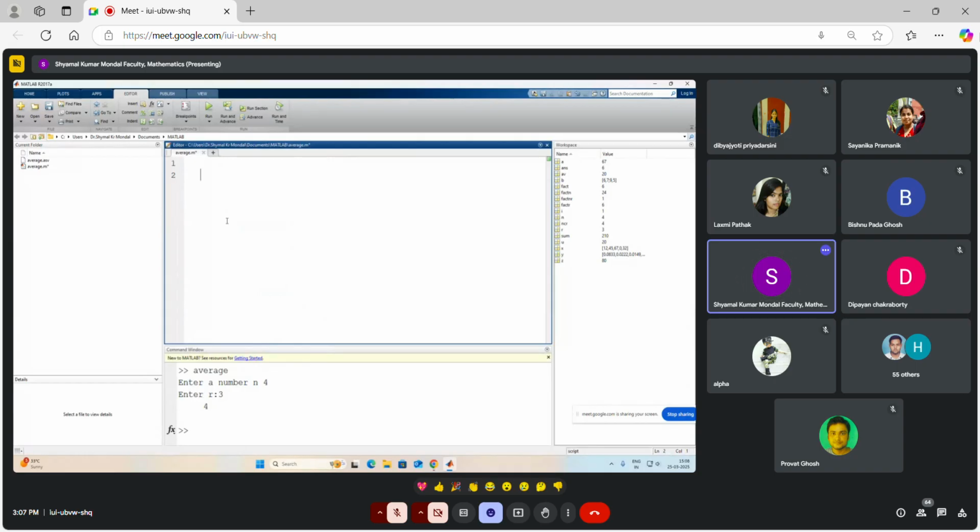To define a function, first you have to write down the keyword function. This is the keyword, you must write it. The format is like this. Then within square brackets, output 1, comma, output 2, comma, output n. Then function name,